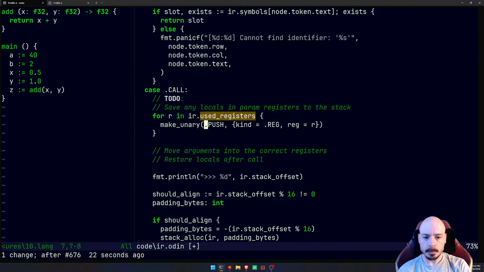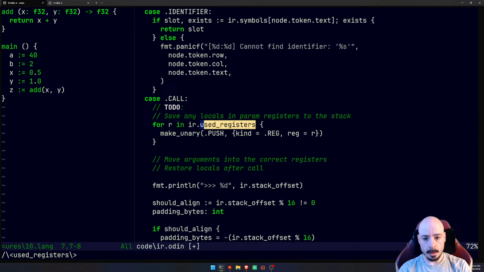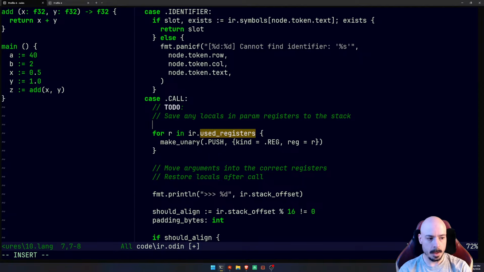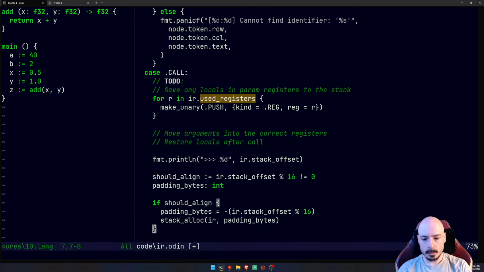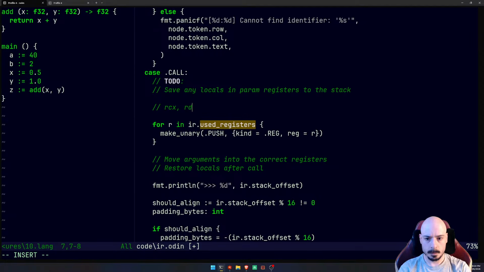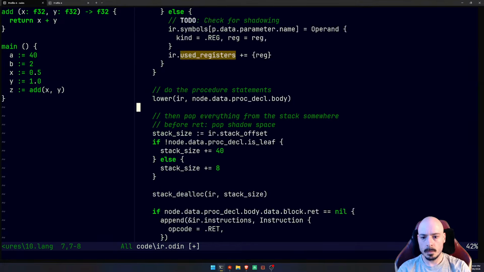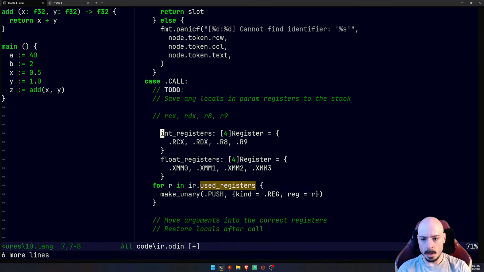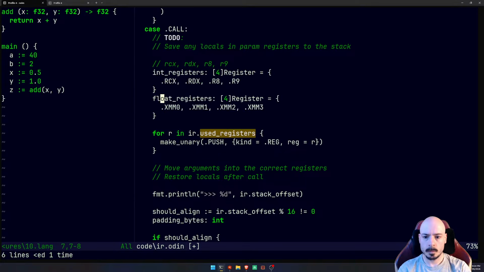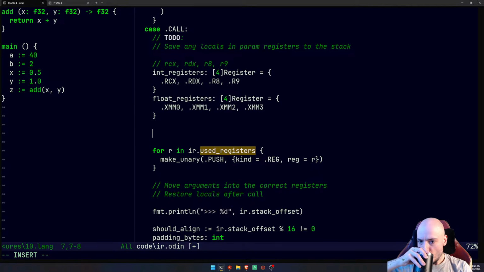All right. So what we could try to do is say if there is any of the registers used, actually not all of the used registers, it would just be the non-volatile, or the parameter ones. The parameter ones, I guess. Or really any of them that you use, because we might want to use them in later scopes. All right. Well, I'm going to try just saving these ones first. I think I did this earlier. Here it is. So I've got the int registers and the float registers. We can say something like, if the register is currently being used,